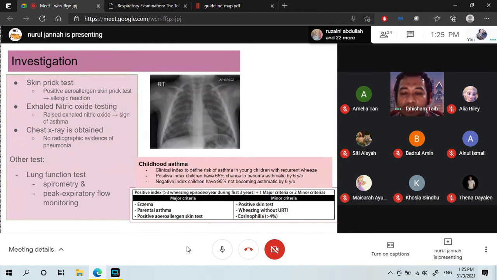From history taking and also physical examination, and also lung function testing, spirometry is a good examination to confirm asthma. So you have to do spirometry or peak flow in order to consensually agree that this is asthma. But in less than 5 years old, can you perform that? No. So we are just going to be based on the history and physical examination.